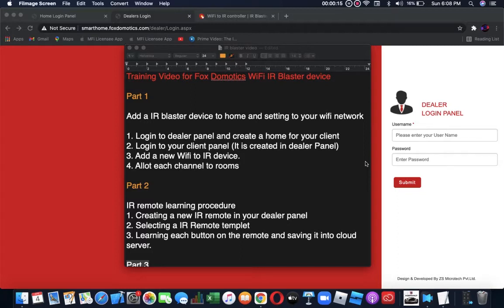Today we are going to see the training video of the Wi-Fi IR Blaster. Previously we made a video where you learned about the cloud platform. That was part 1, and now we are making the video where you can add the IR Blaster, a device where you can learn all your IR remotes, different types like AC, TVs, set-top box, music systems, any type of IR remote.